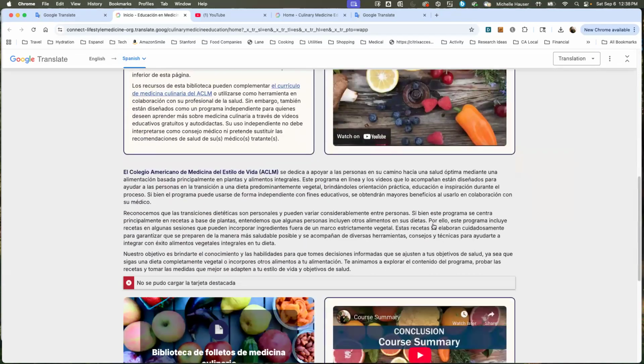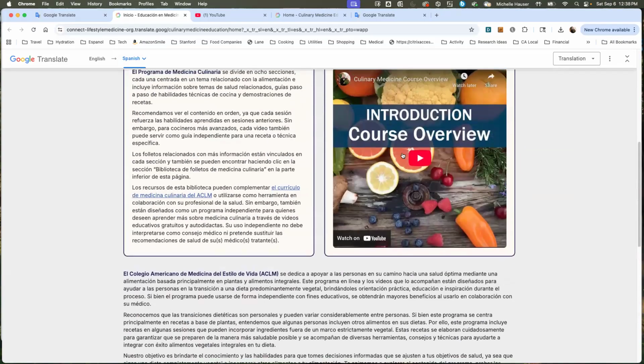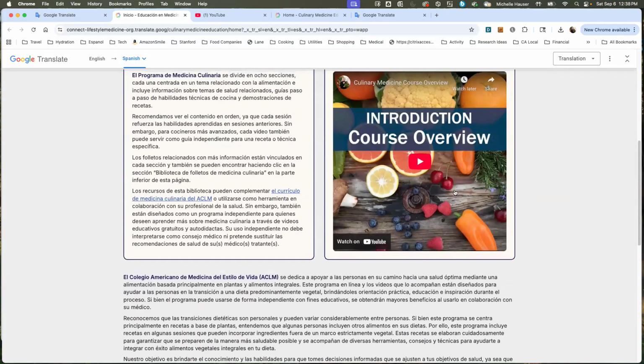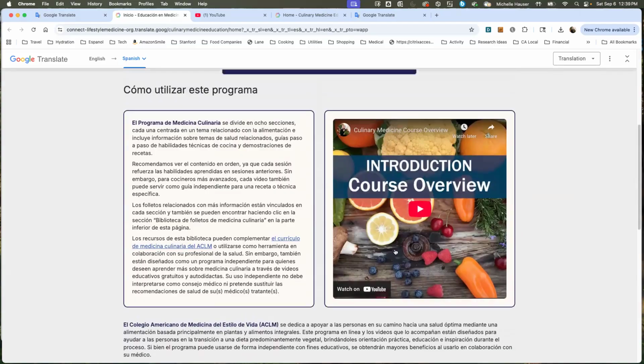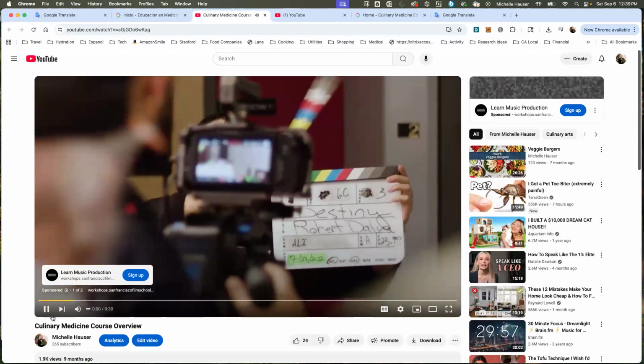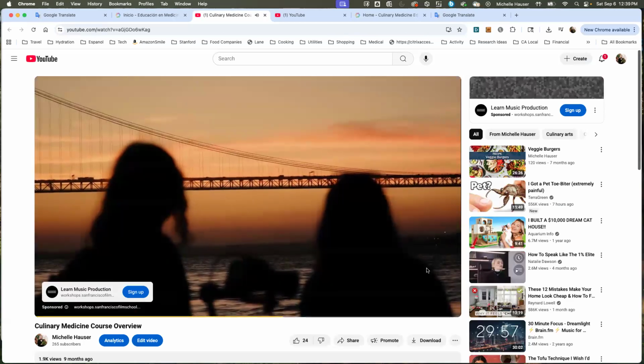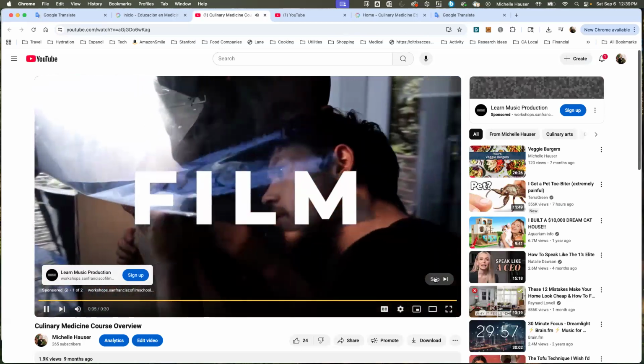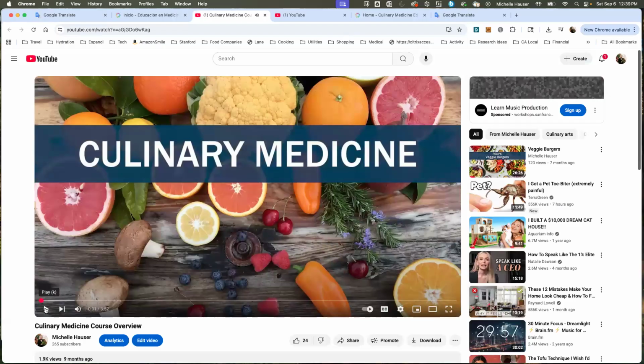And what you can see is the text on the web page is translated, but the content embedded in the videos is not. And so you can get subtitles in other languages by clicking play here, and then hover over watch on YouTube and click that. Okay. And of course, we have to wait for the ad to play or whatnot. So now we're on this. Anything that's text in the video won't be translated, but once you get to a speaking part,